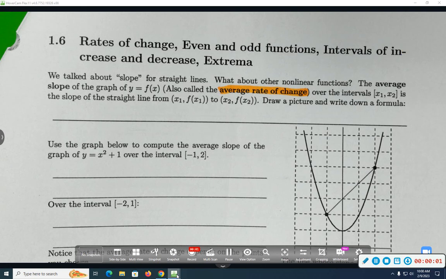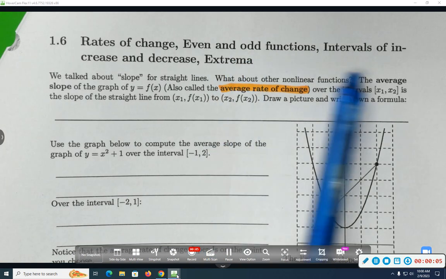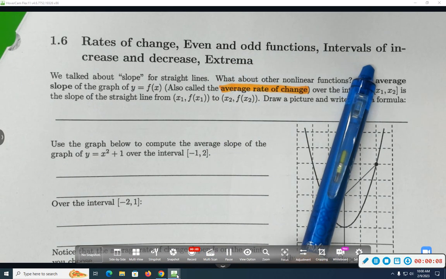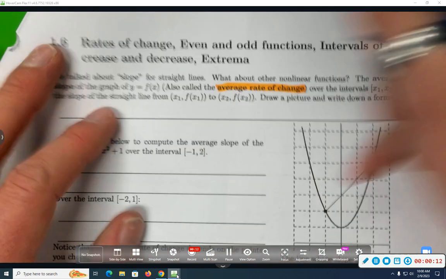And it's just the things in the title. Today we'll talk about rates of change of a function, even and odd functions, intervals of increase and decrease of a function. I might slip up sometimes and say the word intervals of